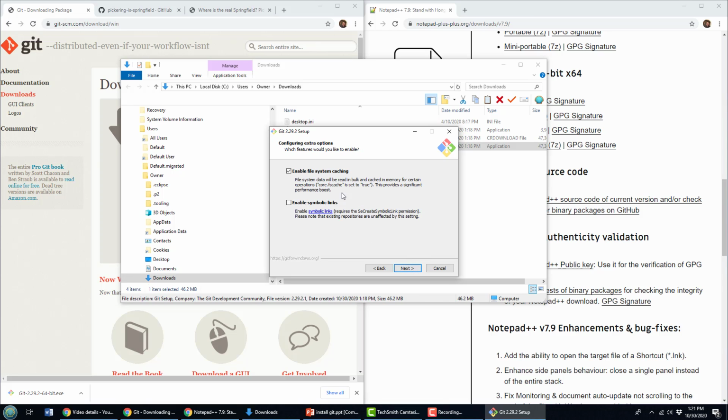I'll click Next. Enable file system caching. I'm not working on a big repo, but if you are, that might come in handy. And you can also have some experimental pseudo consoles to help with Node or Python applications running. I'm not doing Node or Python development, so I'm not going to select that. It does say that it's a little bit experimental, so I'm just going to keep things as stable as possible